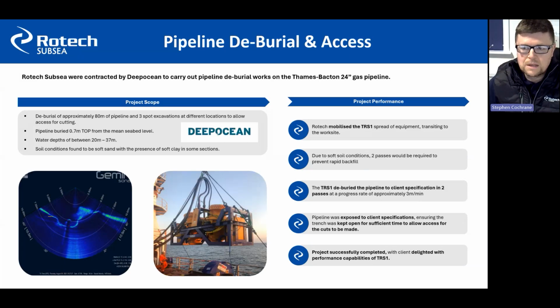Yes. This was a campaign we carried out for Deep Ocean on the Thames, Bacton. This is a 24-inch gas pipeline. We debodied, I think it was approximately 80 to 100 meters of pipeline. 3 spot excavations were created to allow for cutting and removal, and the pipeline was debodied at around about 0.7